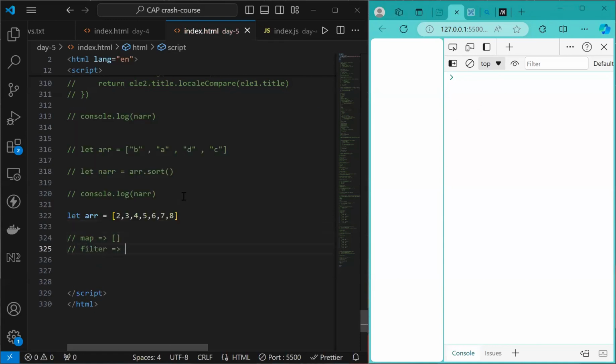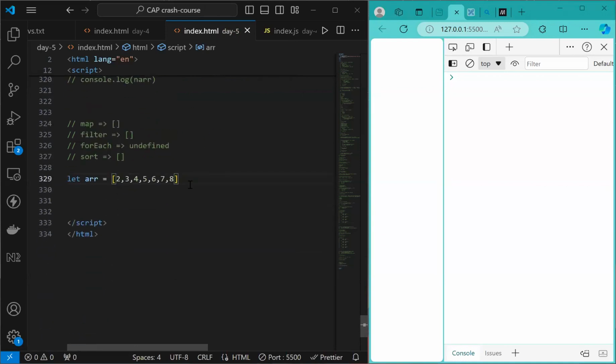फिल्टर क्या रिटर्न कर रहा था? फिल्टर अनडिफाइंड रिटर्न कर रहा था, या फिर फॉर ईच अनडिफाइंड रिटर्न कर रहा था? फिल्टर एरे रिटर्न कर रहा था, राइट। फॉर ईच वाज रिटर्निंग अनडिफाइंड, राइट। उसके बाद वी कवर्ड सॉर्ट, सॉर्ट वाज रिटर्निंग एरे अगेन, एरे, राइट, ठीक है। नाउ विल बी टॉकिंग अबाउट रिड्यूस, राइट। तो जस्ट कीप दिस थिंग्स इन माइंड, क्या क्या रिटर्न हो रहा है, राइट, दैट थिंग इज समथिंग दैट यू शुड बी अवेयर अबाउट। रिड्यूस क्या रिटर्न करेगा, आई टेल यू गाइस बिफोर हैंड, इट्स फाइनली गोना रिटर्न अ सिंगल डिजिट नंबर, राइट।